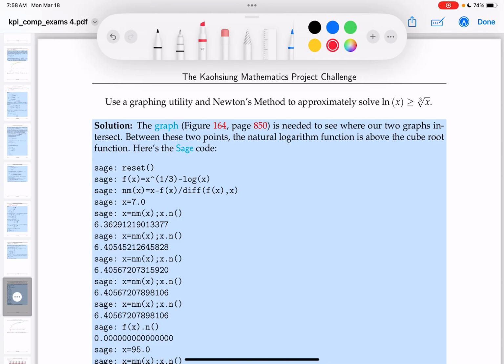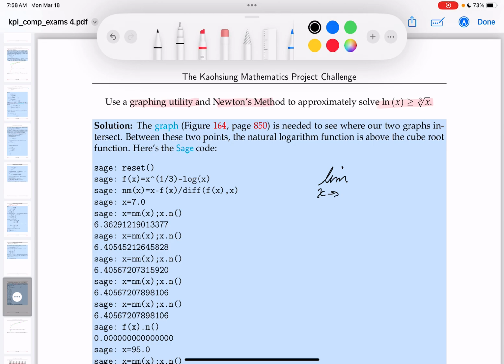Okay, it says use the graphing utility, and certainly I'll do that. And Newton's method to find an approximate over here. Now, what I want to do is go through that cubic problem. There is going to overtake the natural log at some point. And one way to do that is to look at a limit